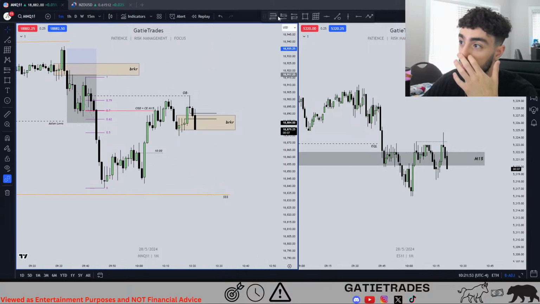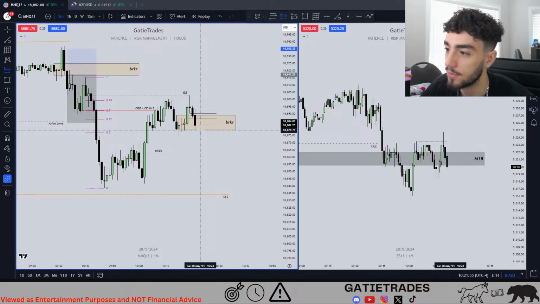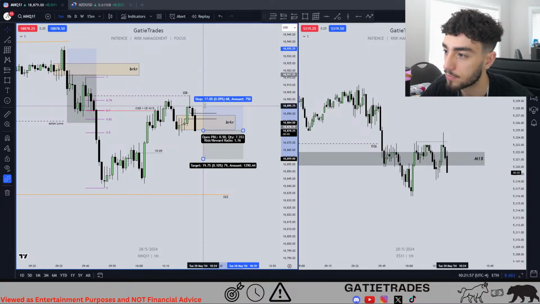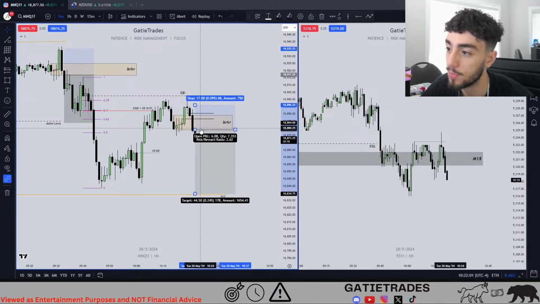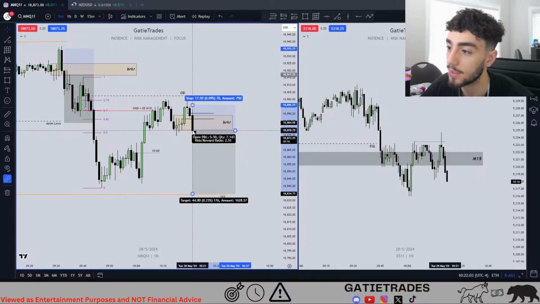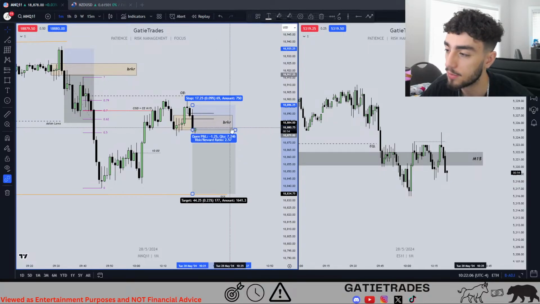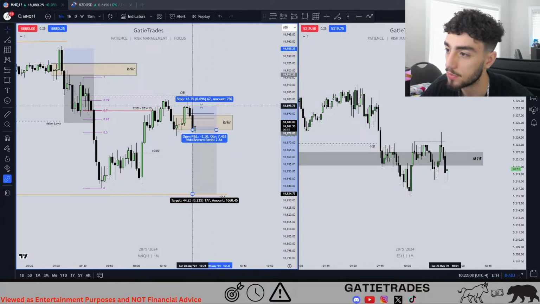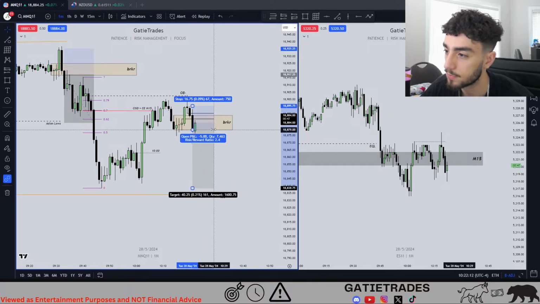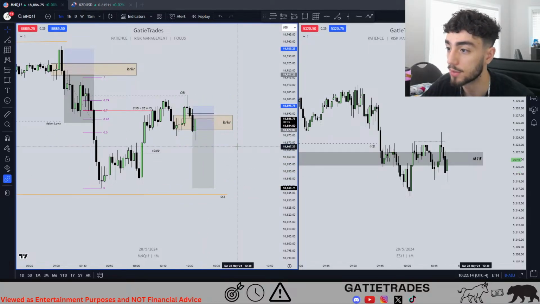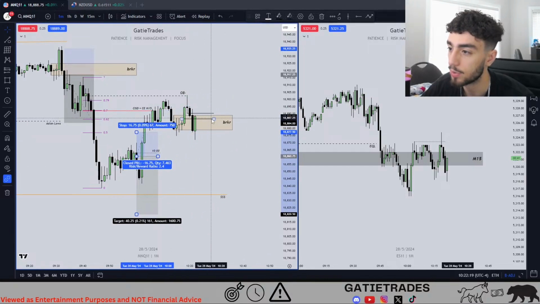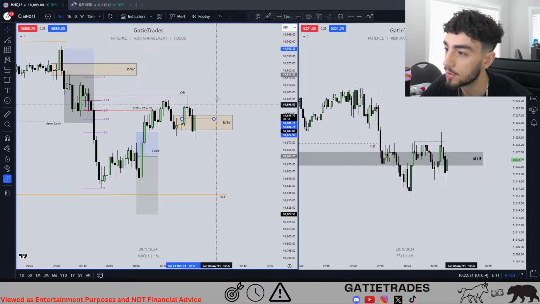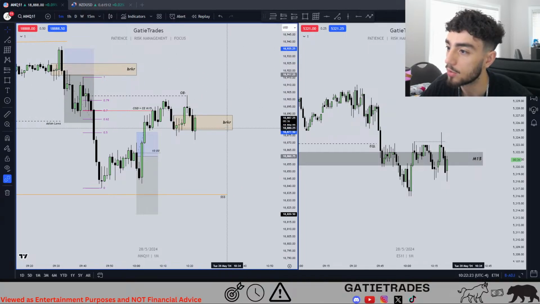I'm definitely going to take this trade if we get a fair value gap here. Even if we don't, for me, this is now a plus. I'm not saying take this trade. Technically it hasn't formed yet, so we don't even know. Close that up real quick. So there is a balanced price range now. Let me relabel this. We never got that lower low though.